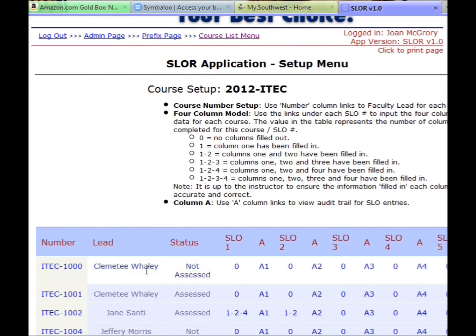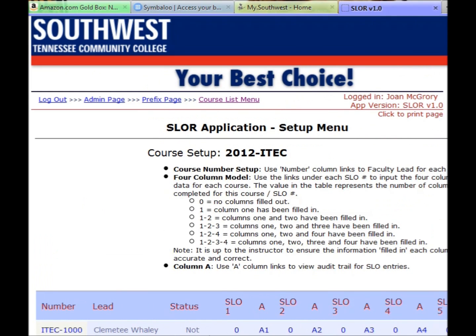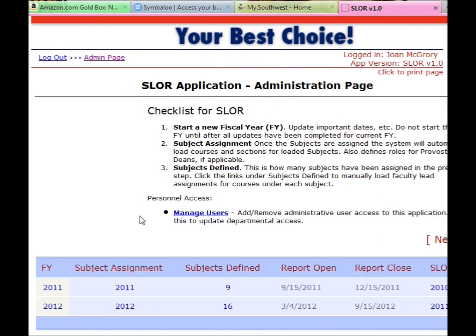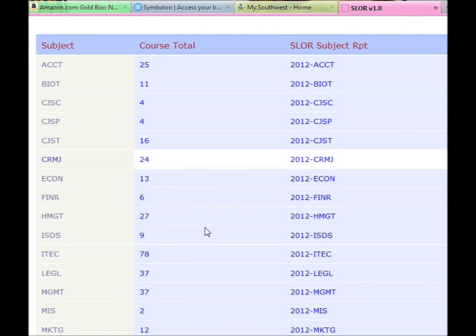Now, what is the benefit of this? Let me change screens here a little bit. What your coordinator and department chair can do is, after the information is all entered, they can go in, and at the end of the year they're going to be able to very quickly run a report. And I'm going to show you the ITEC report. This is something again the coordinator or the department chair does, and they'll see, for ITEC or MIS, OFAT is also perhaps going to do this, maybe,